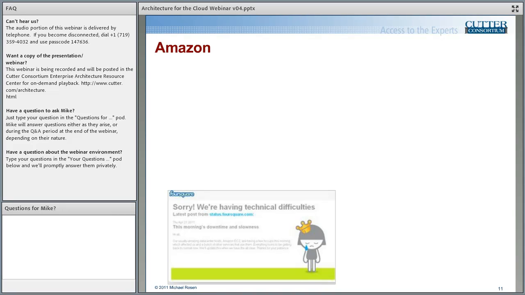One is that everybody held Amazon up as sort of the gold standard in terms of infrastructure as a service. And so the fact that Amazon could be wiped out, that its availability regions could actually not work correctly, that availability zones could actually extend across regions, was a wake-up call to many people.